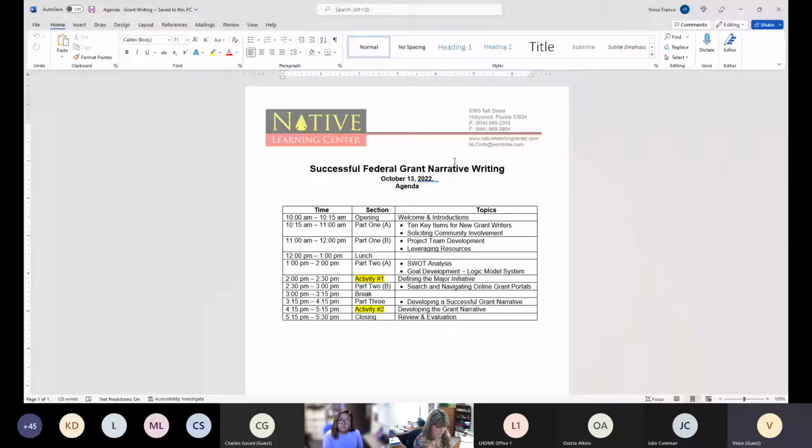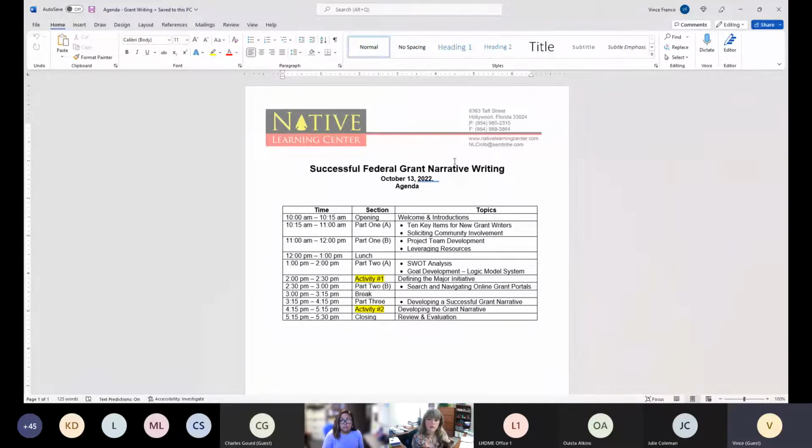and developing that is critical, because it really takes more than just one individual to put together a successful grant. You need to have input, not just from the community, but from subject matter experts within your own organization or even outside your organization that you can tap into, to help you and others on your team, if you're fortunate enough to have a team, to put together a successful grant. So I'll talk about the project team development,